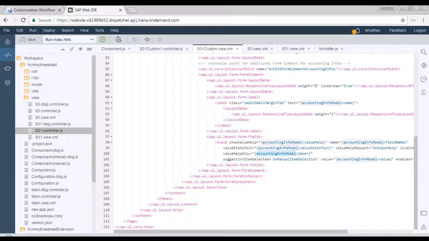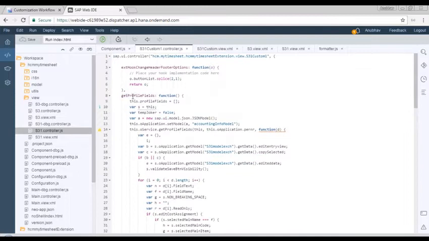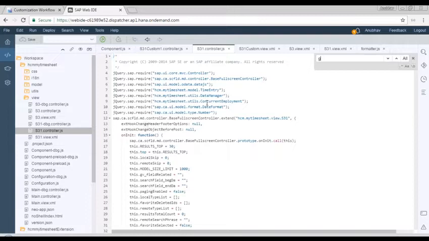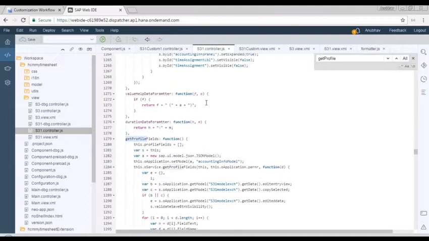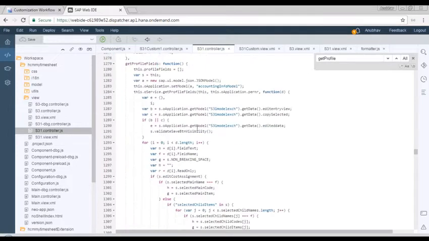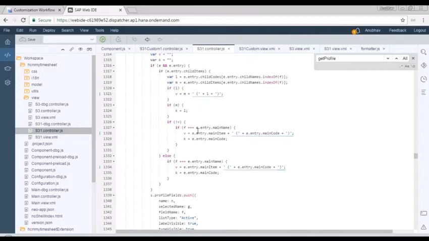So I was supposed to change the controller code, but I should not touch the standard SAP controller at the same time. So what I did is I implemented a custom controller, and in it I gave the same method name which was there in the main controller. In the S31 controller, there was a method called getProfileFields. Let me show you again in the actual app. Yes, here it is, where they are actually creating this data model, which then creates the input fields on